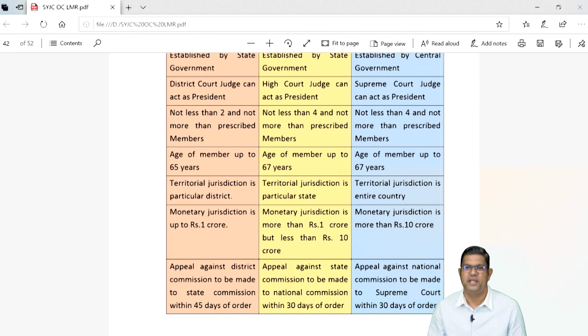Then moving to the next one and that is called appeal against. मतलब जैसे होता है ना कि अगर आपको डिस्ट्रिक्ट कोर्ट में इंसाफ नहीं मिलता तो आप हाई कोर्ट में जाते हो. हाई कोर्ट में अगर आपके अगेंस्ट वर्डिक्ट आता है तो आप सुप्रीम कोर्ट के पास जा सकते हो. तो उसी को हम लोग बोलते हैं अपील अगेंस्ट. So if you are not satisfied with the verdict given by the district commission, then you can go to the next level, that is the state commission, but you have to appeal in the state commission within 45 days of the order given by the district commission.